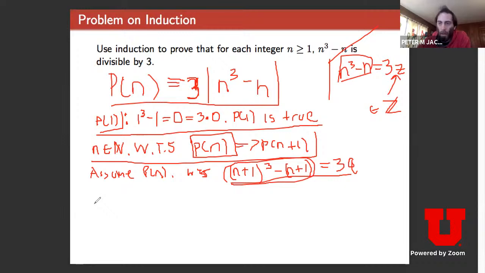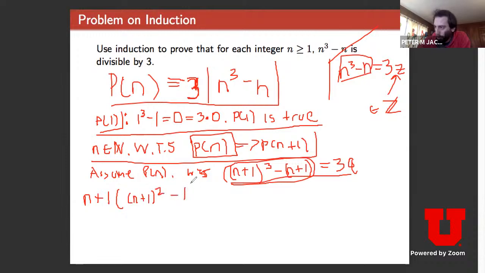You could use the binomial theorem to write out n plus 1 cubed with all of its terms, or we can take out an n plus 1. There are different ways to simplify this, but ultimately we need to simplify the cubic term. Because there's an n plus 1 here and an n plus 1 here, we can just take it out, and that's going to leave us with n plus 1 squared